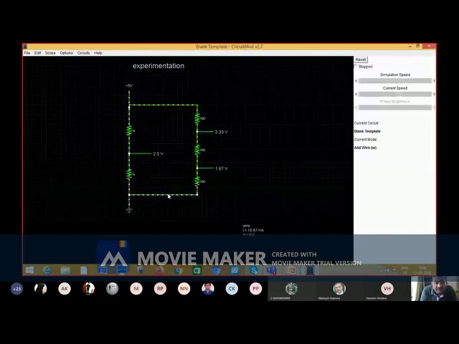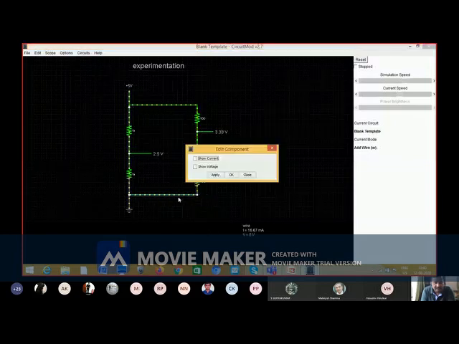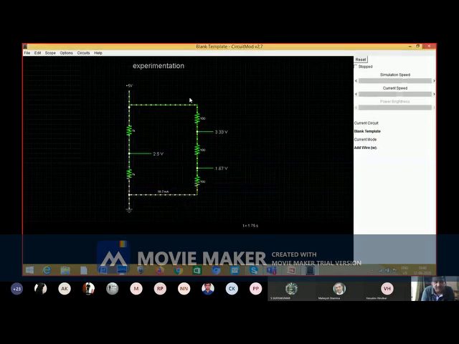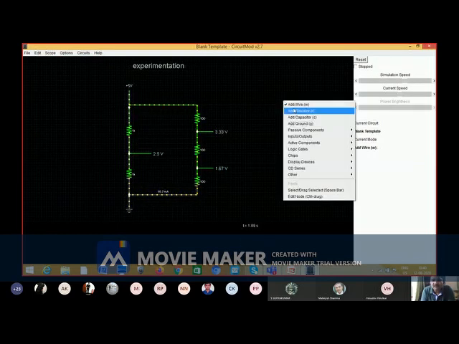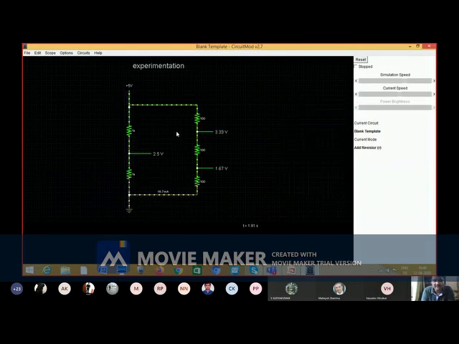What I do, I can add here one current meter so that you will get to know how much current is flowing through the circuit. You can see for this branch the current is 16.7 milliampere. So what you can do, you can add one wire between these two resistors so that you can see individual currents of these. Right now, these resistors are in series, so the same current flows through them. But if you are connecting some extra resistors like this, and you are interested to know